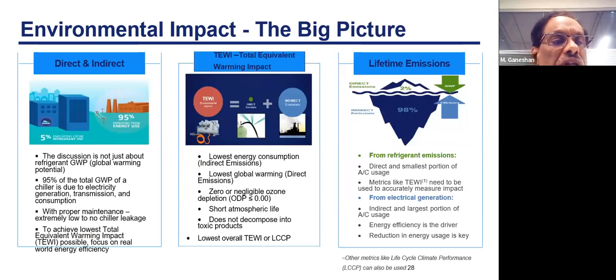So what is exactly the importance of direct and indirect? Earlier, we have been only talking about the gas leaks, which directly go and affect the atmosphere, making the global warming impact and the ozone layer depletion. But if you really look at global warming, only hardly 2% is what the gas leaking can impact. Whereas, what about the other 98%? What we call is